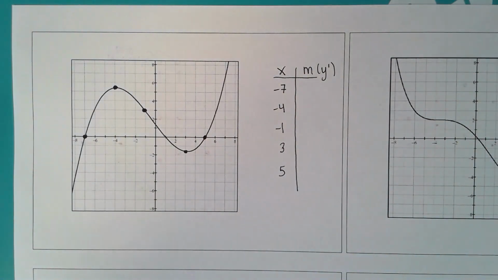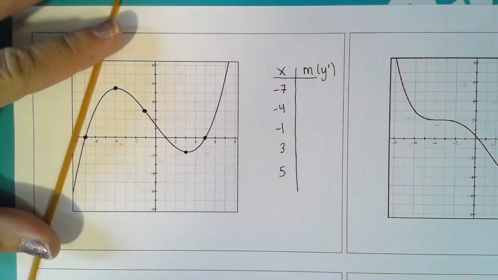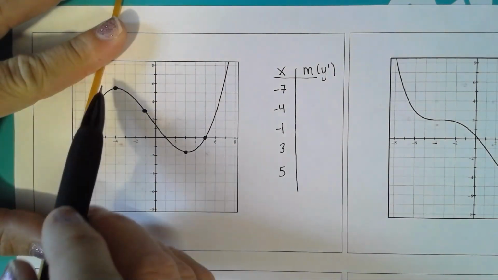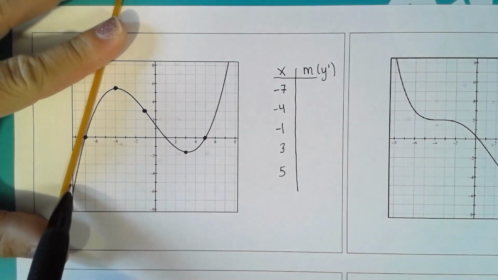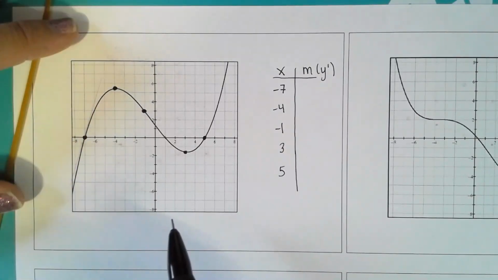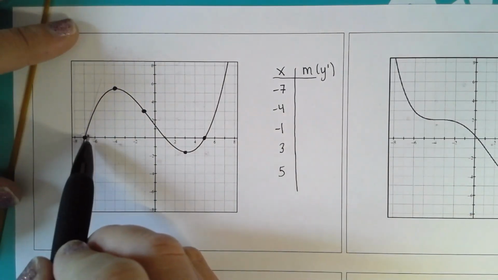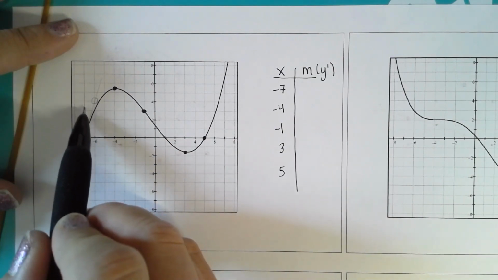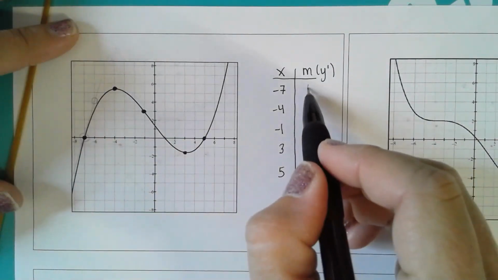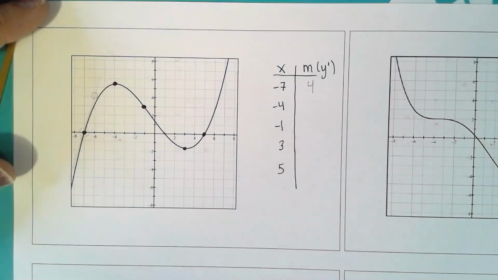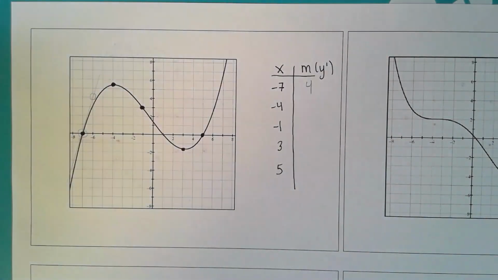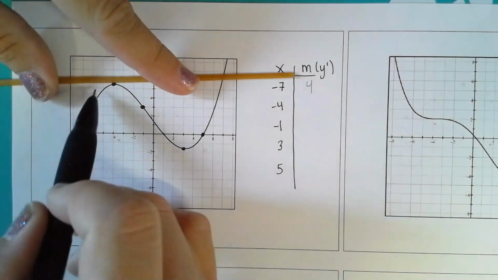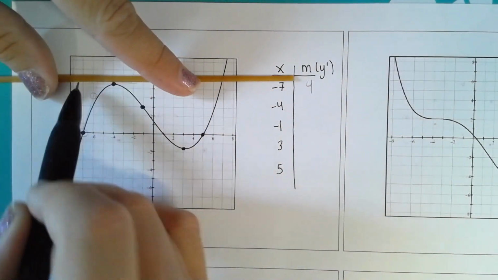I'm going to lay my linguini down. This is my tangent line. And I'm going to start back here at -7. And if you want to sketch it in with your pencil, that's fine. If you just want to look at your spaghetti and estimate. But this line goes through this point and let's say this point up here. 1, 2, 3, 4, and over 1. So I'm going to say the slope there is 4. Okay. Up here, when I lay my linguini down, it looks like the slope is going to be 0. Great, but